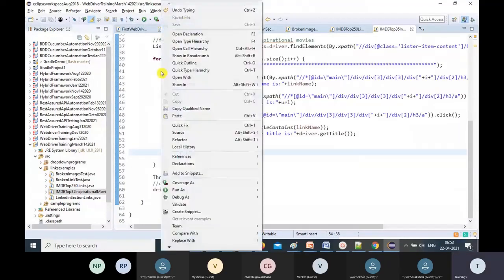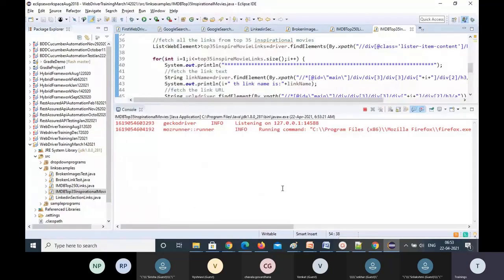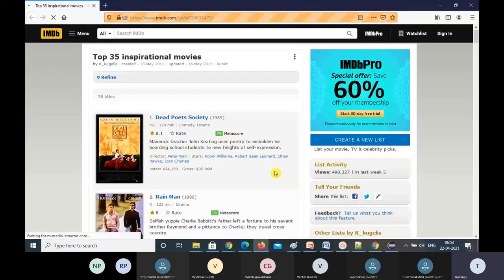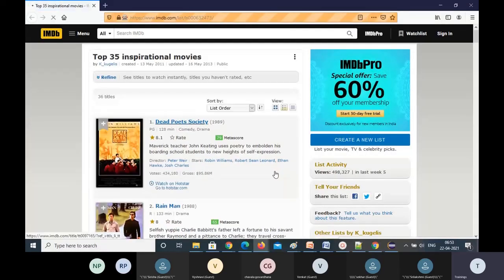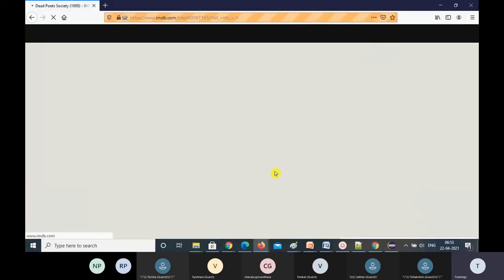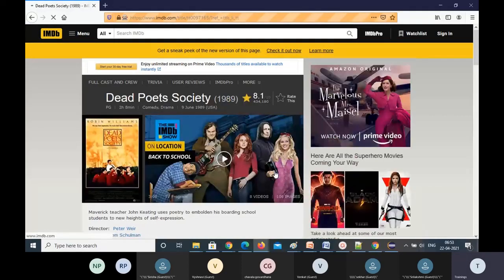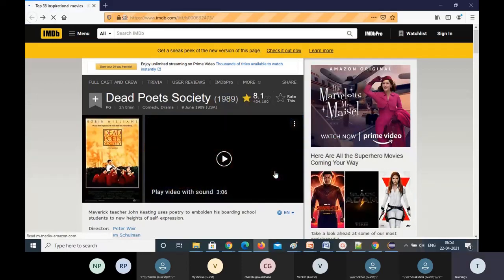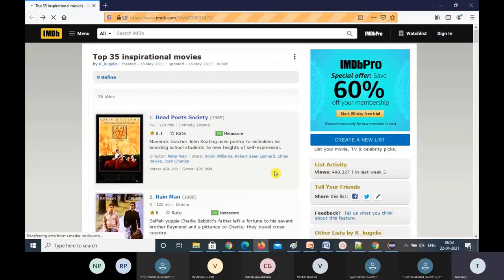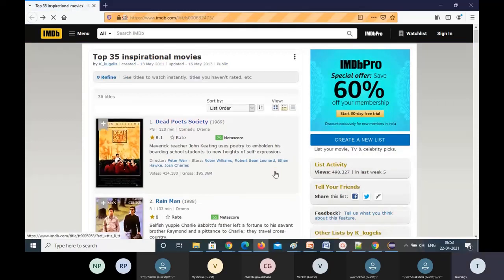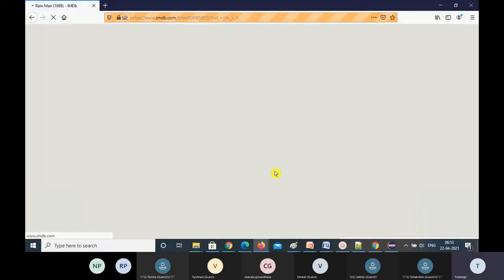Let's run this, and you can see it is going to click. It is going to fetch first each link name and link URL, and then it performs the click action. It will go to the next page. See that it's going to the next page, validates the page title, fetches the current page title, and it will go back to the previous page, and then now it performs the second link.